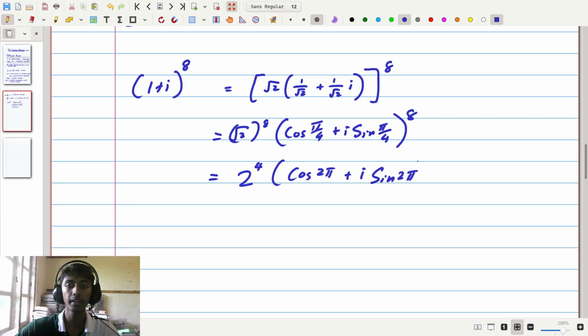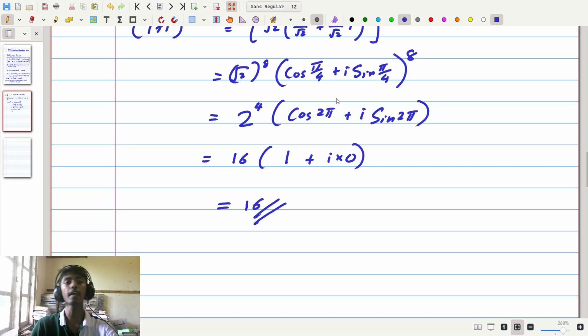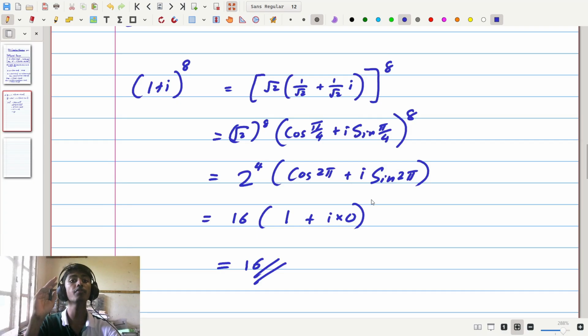of 2 pi, and simplifying this we can see the sine of 2 pi is going to be 0 and the cosine of 2 pi is going to be 1. So therefore we get 2 to the power of 4, which is 16, times cosine of 2 pi, which I'll directly substitute as 1, plus i times 0, and therefore the answer is 16. So therefore 1 plus i raised to the power of 8 is 16, and we got it very easily, and